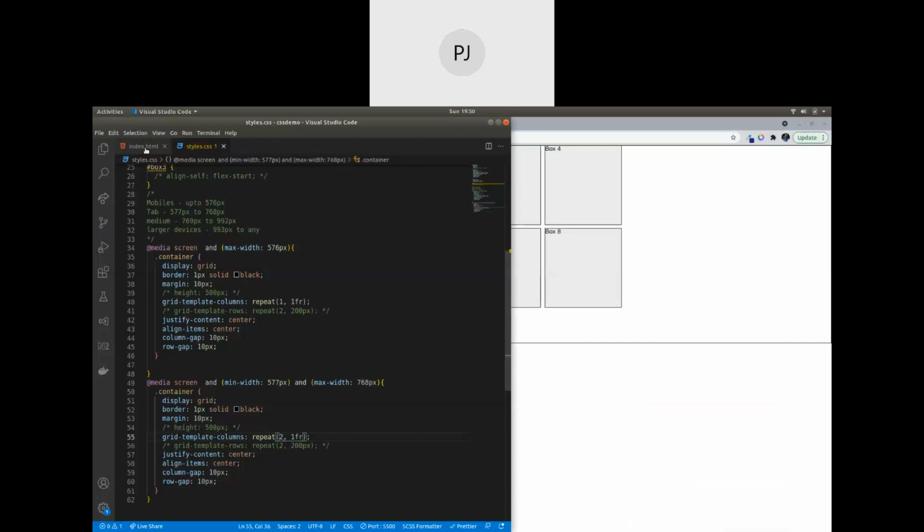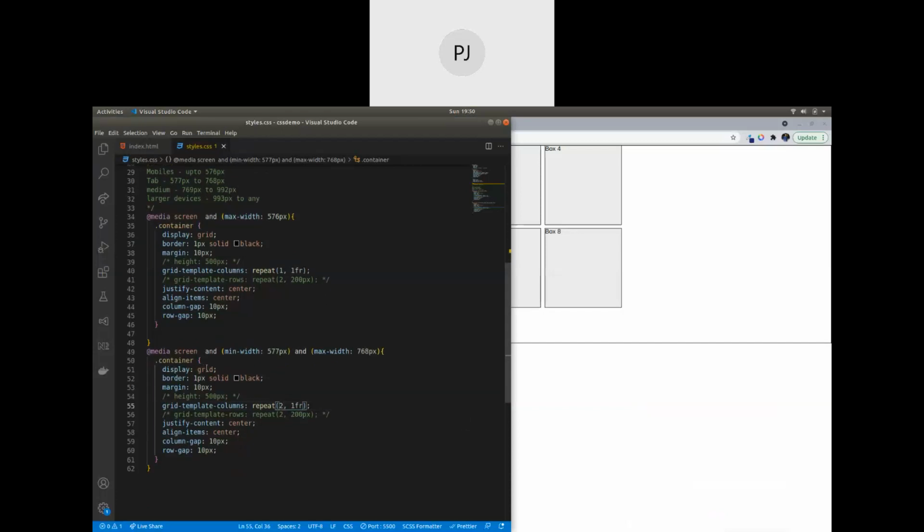And also, there are different properties. Instead of showing this grid, if you want to hide this one, you can also mention it as display none. So what it means is it will just remove this entire division or the element from our HTML DOM itself. So what I just mentioned is, in the iPad view, we don't need to show these